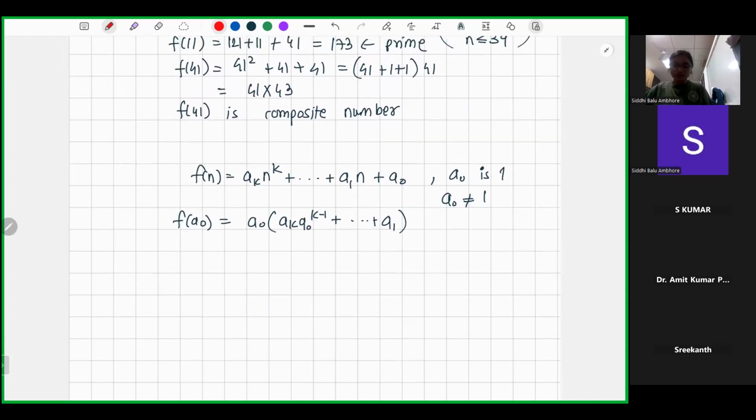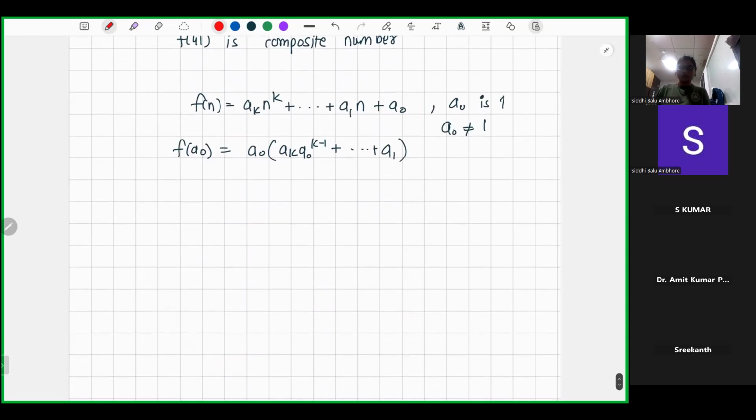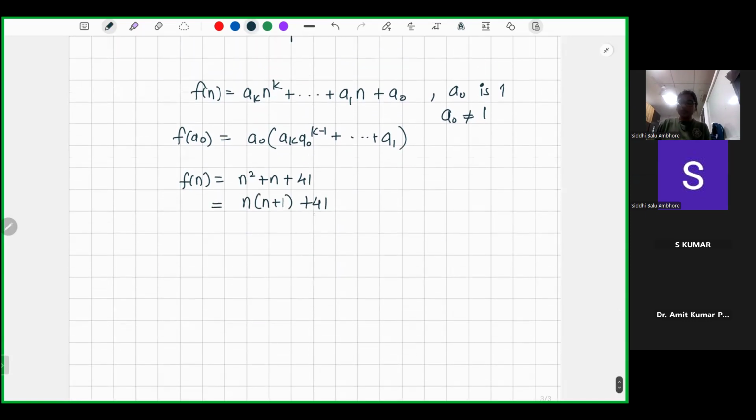Now the next option is that Fn is even for infinitely many n. So what is Fn? Fn is n square plus n plus 41. So I can write this as n plus 1 plus 41, right? And for every n, n plus 1 is always even. So this f of n, that is n plus 1 plus 41, will always be odd